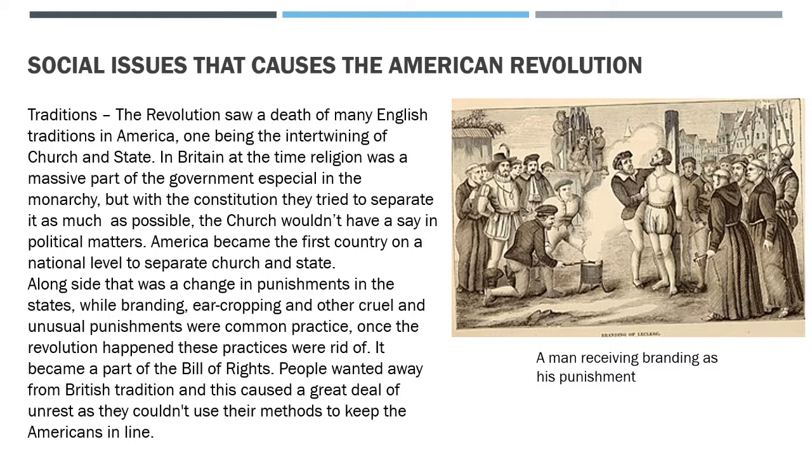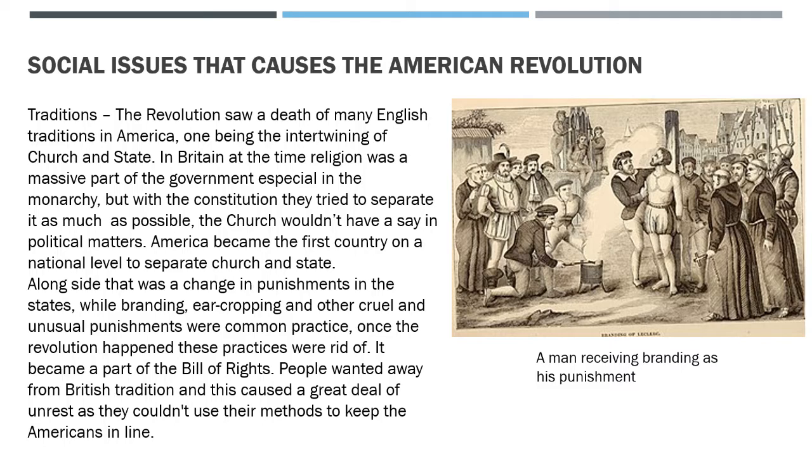The death of English traditions was also a big factor in the American Revolution, because in England and Britain there had been an intertwining of church and state. Religion was a massive part of the government, especially in the monarchy, but with the constitution they tried to separate it as much as possible. The church wouldn't have the same political matters. America became the first country on national levels to separate church and state, and alongside that was a change in